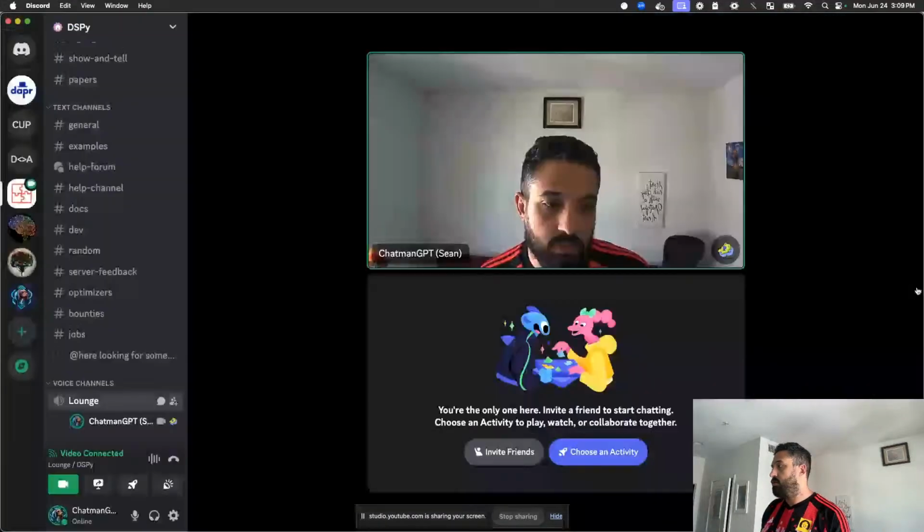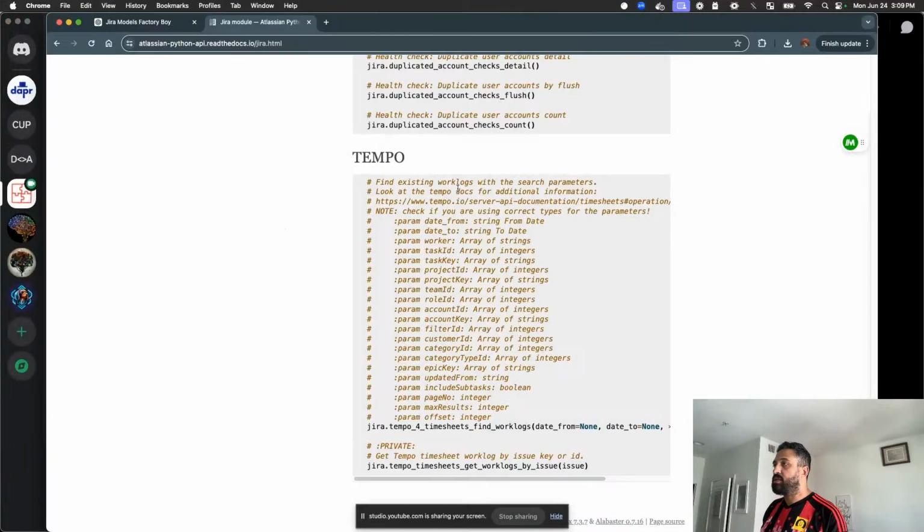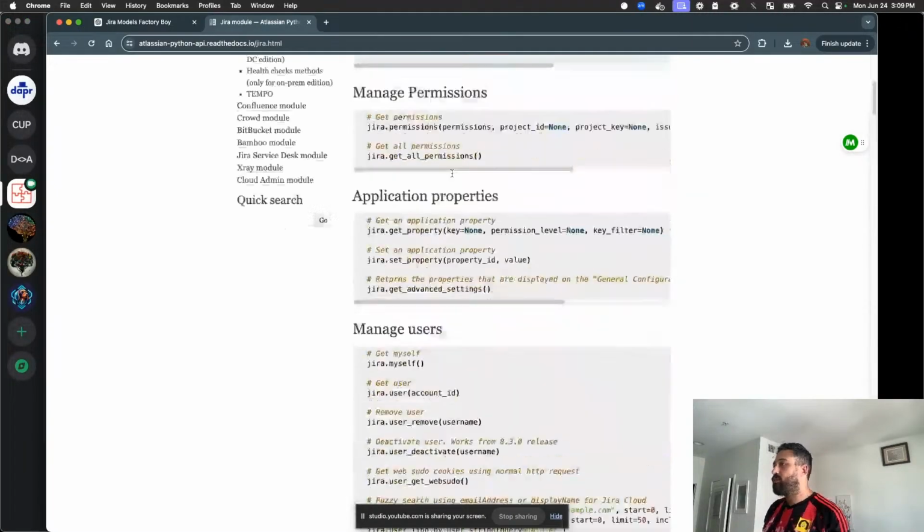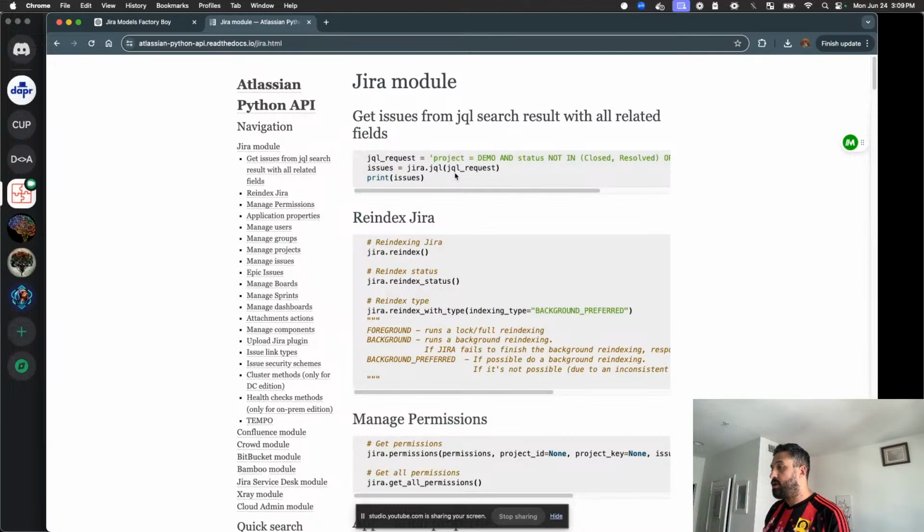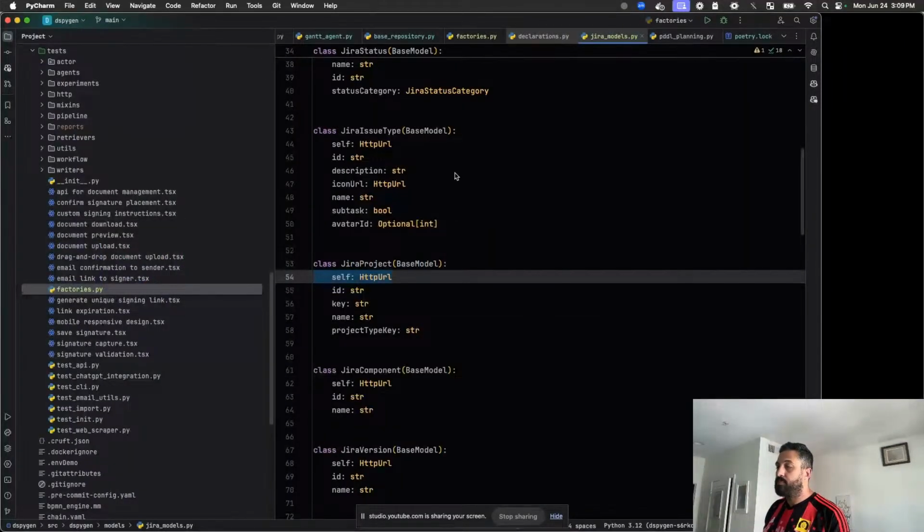So let's do this, because basically what we want is a fully mocked version of Jira so that we can manipulate it and